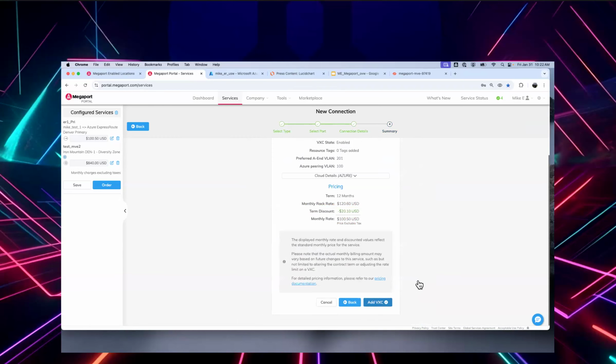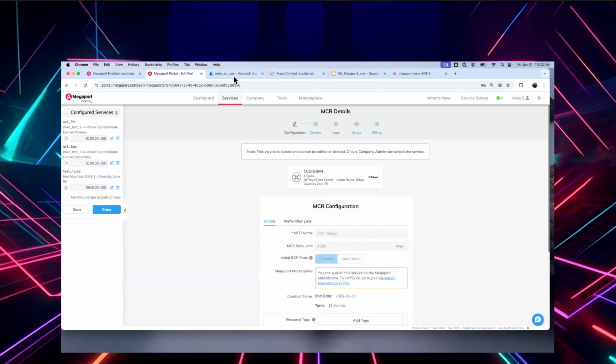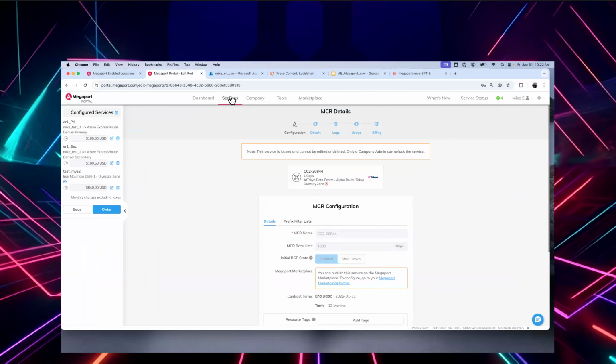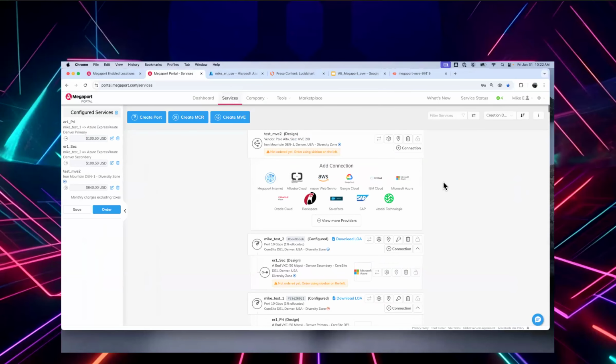So with that, as soon as I click order, it's going to provision those express routes. It's going to be up and working as soon as I add in my IP addressing, and I'm going to be up and running. So literally within minutes, I can build my services, apply my routing, and have my configurations done within a minute. So I'm going to pause there to see if there's any questions before we wrap things up.